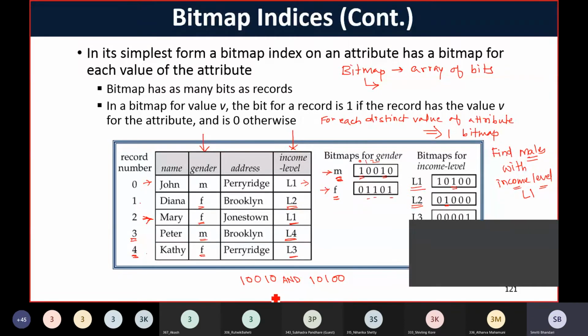Is that correct? Yes? Yes, ma'am. Right. So this is the result that I am getting out of these two bitmaps after ANDing these